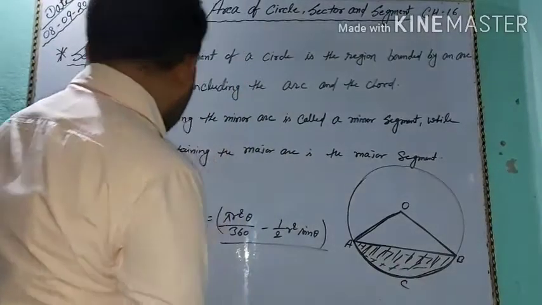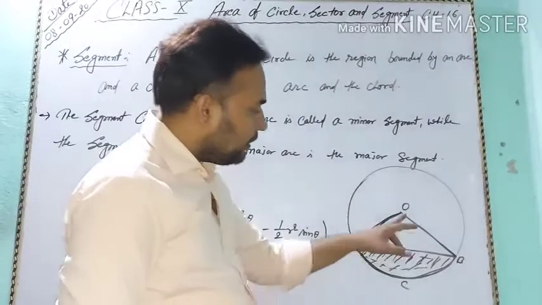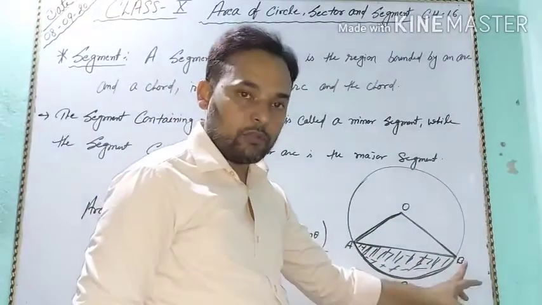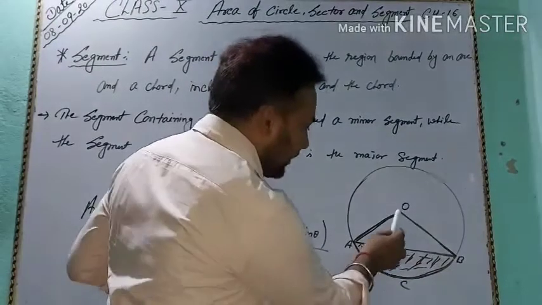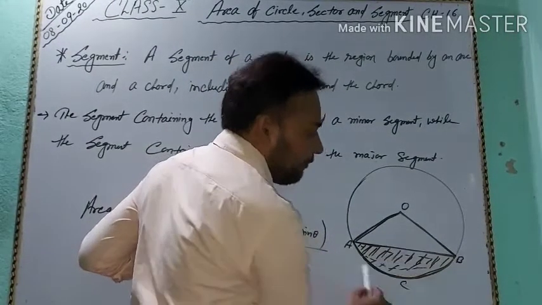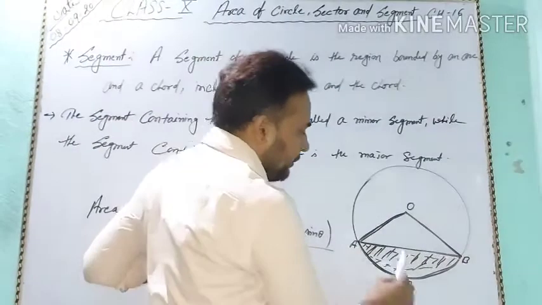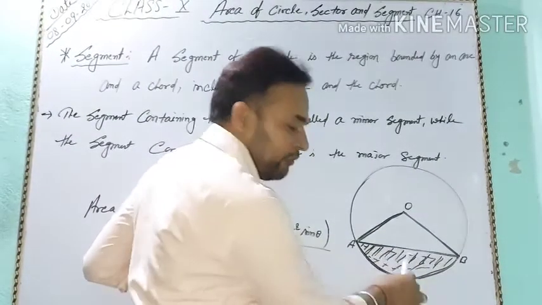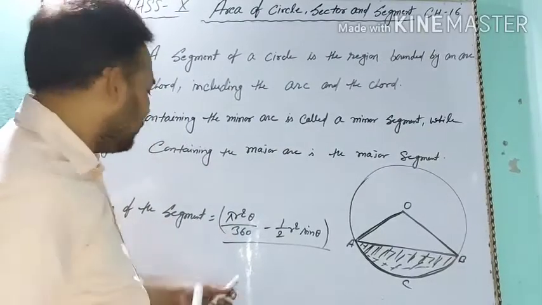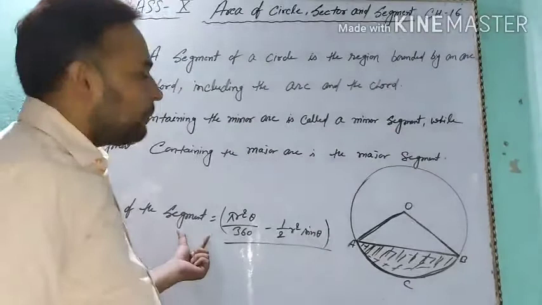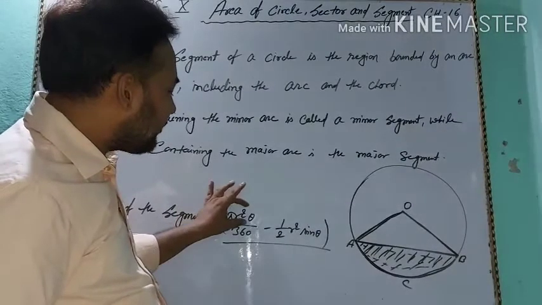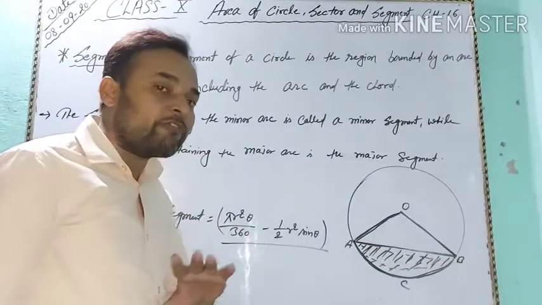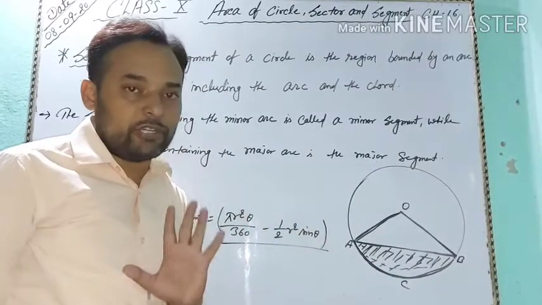Area of the segment equals area of the sector minus area of triangle OAB. अगर हम पूरे सेक्टर OACBO, जो सेक्टर ऑफ द सर्किल है, उसमें से अगर हम एरिया ऑफ ट्रायंगल OAB को माइनस कर दें तो हमारा जो एरिया बचेगा वो सेगमेंट का एरिया होगा। क्लियर है। Area of the sector of a circle is pi r square theta by 360 degree. Clear?